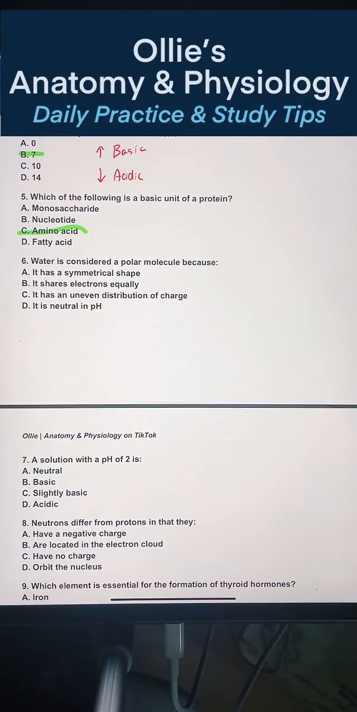Number 6, water is considered a polar molecule because...